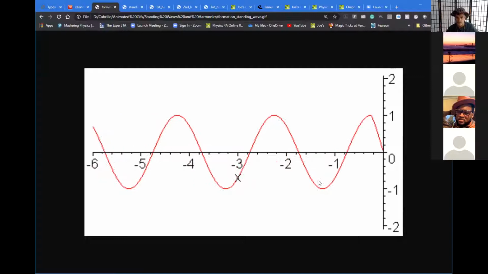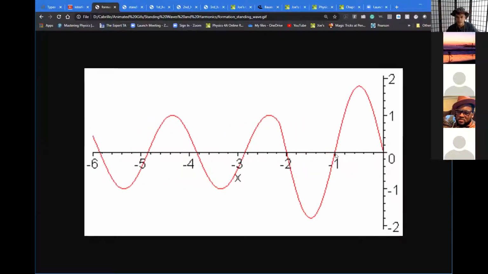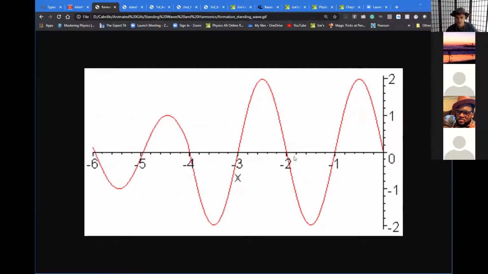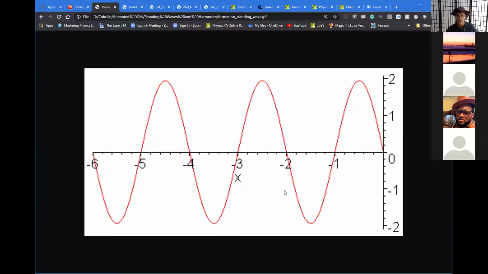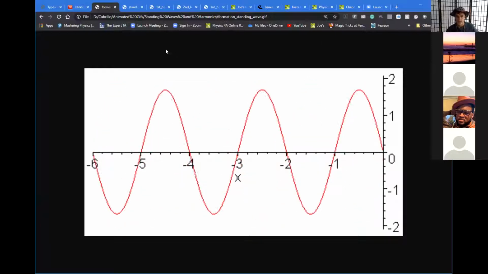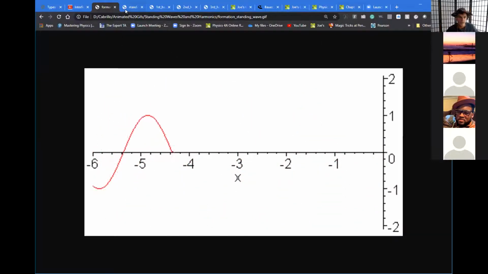So again, I'll let this run one more time. So like right here is a node, a node, a node. Antinode is where I have maximum amplitude happening. And what's really cool about this is